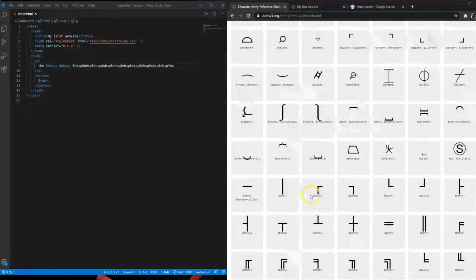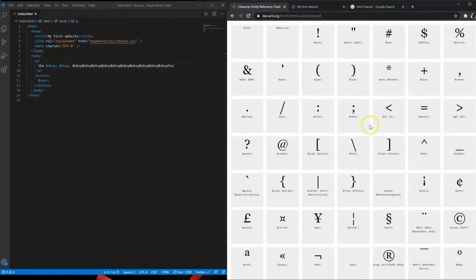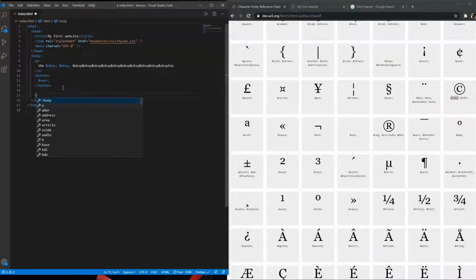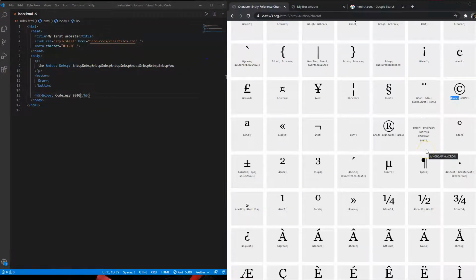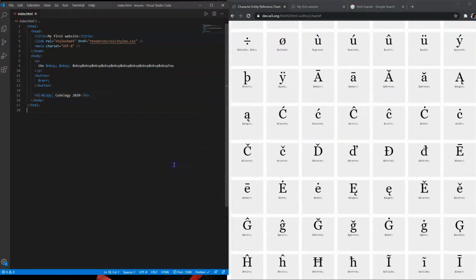A lot of times, you'll see the copyright symbol, which is somewhere on here. I don't know if I'm going to find it quickly. There's the @ symbol. Yeah, there's a copyright. So at the bottom of the page, you'll have an H5, and then it'll say copy, and then Codology 2020 or something like that. And you save it, and then you'll see that on the bottom of pages. Same with the @ sign for follow me at whatever. So play around with that, be aware of it, and